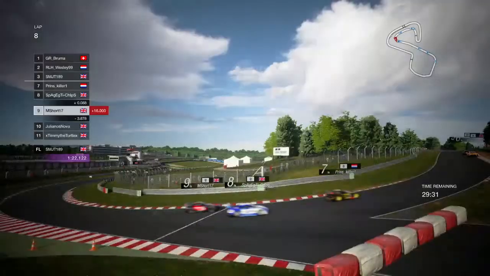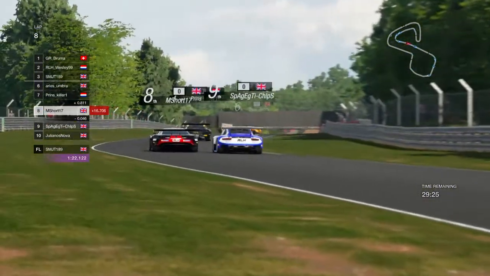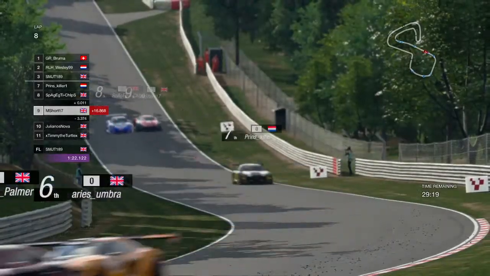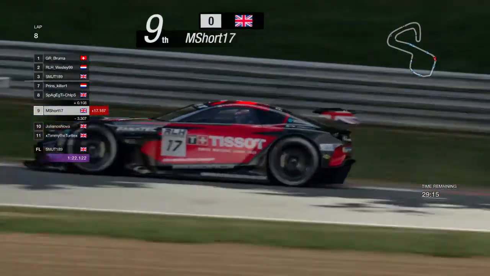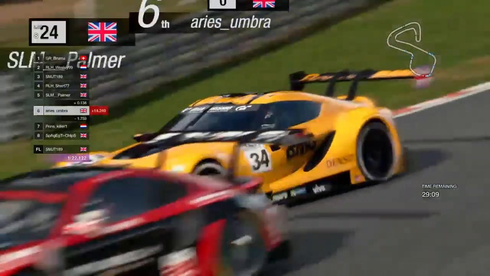Because M Short is now trying to get past Spaghetti Chips, and there's a bit of a tank slapper there as he comes out of Surtees, and he's side by side with Spaghetti Chips. Of course, M Short just having pitted. There's a bit of contact between them. Slight bit of side pod to side pod. I think that's what they're called in GT, I don't know, but Spaghetti Chips holds it up the inside. M Short, you can see the pace difference. But Spaghetti Chips putting up a mighty defence,